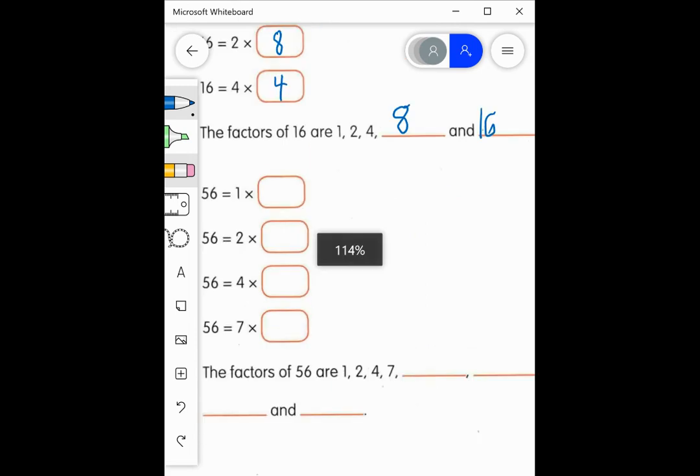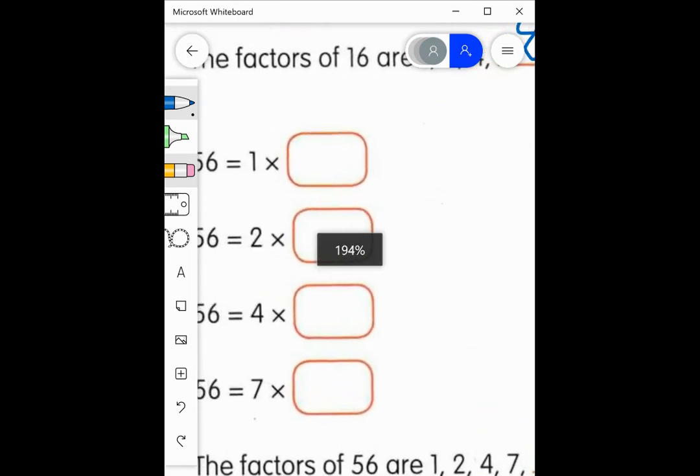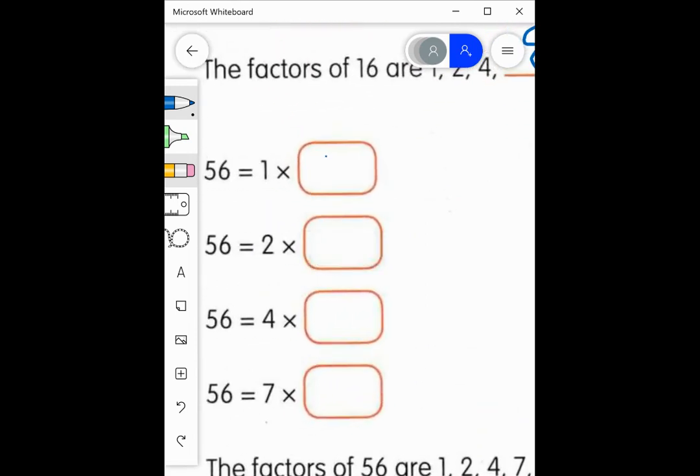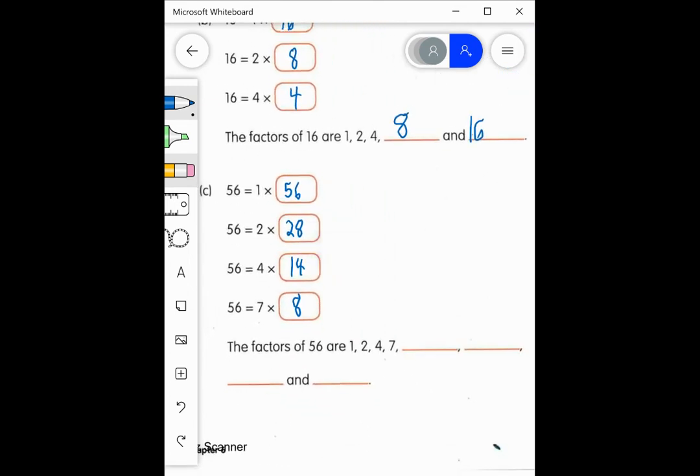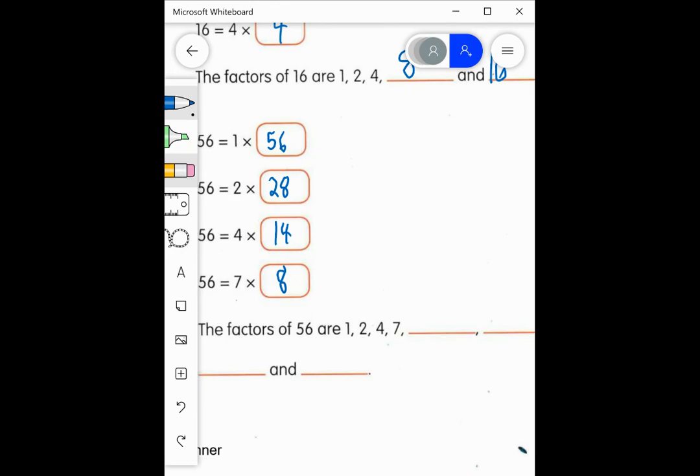And the last one here, let's see if we can finish it off. We have 1 times what equals 56? We say 56. Next one, we should say 2 times 28 equals 56. And then 14. And then 8 times 7 equals 56. So the missing factors there are 8